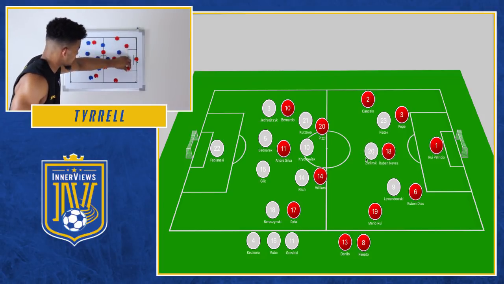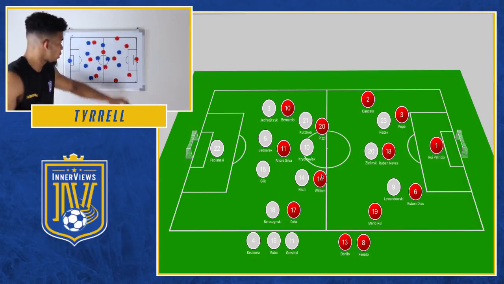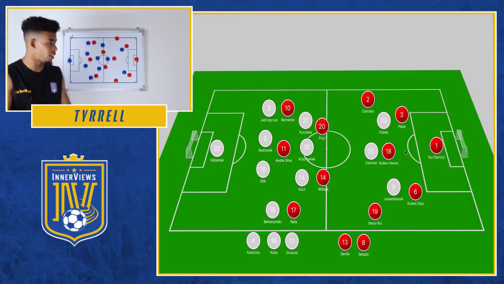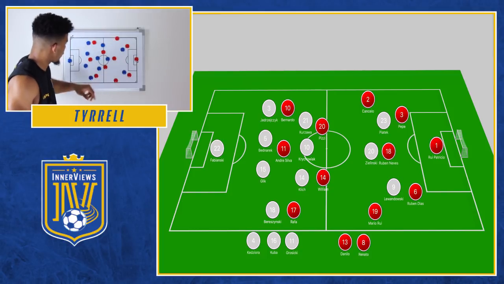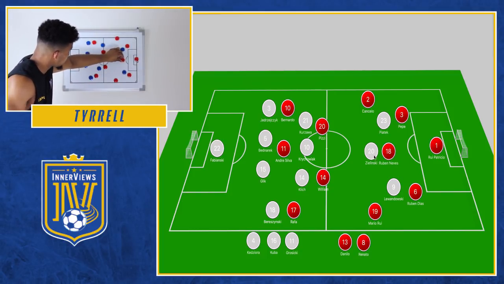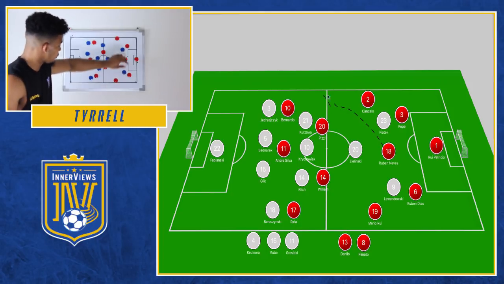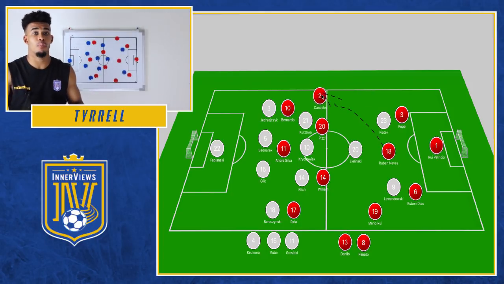We saw the center backs split out into their positions. We saw Piatek and Lewandowski push out. We saw Lewandowski push out to Ruben Dias. We saw Piatek push out to Pepe. And what happens here is that Neves often wants to drop into that space. We saw in the earlier stages, if it wasn't from that space, he had already shifted the ball twice out